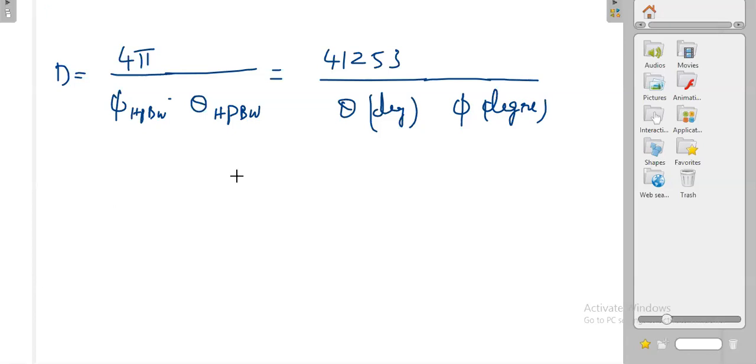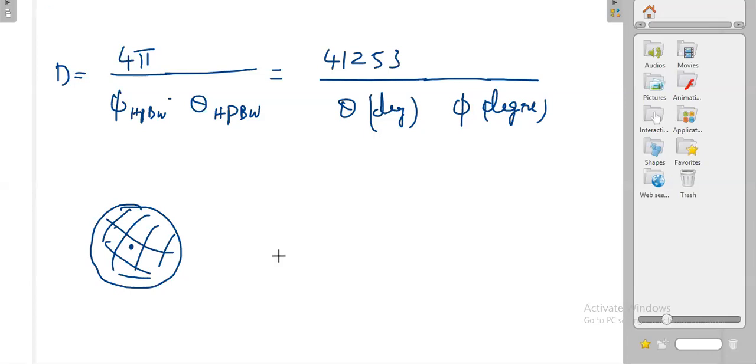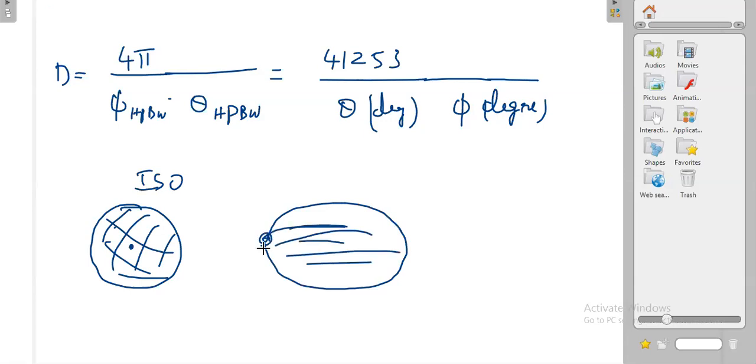Intuitively, this is okay, because your isotropic radiator radiates uniformly in all directions, like a sphere. Your practical radiator is going to radiate only in a particular direction. Say, for example, in 3D, it is simply radiating in this direction, but not in another direction. Now the antenna is here, so it is simply radiating in only one direction. Then definitely